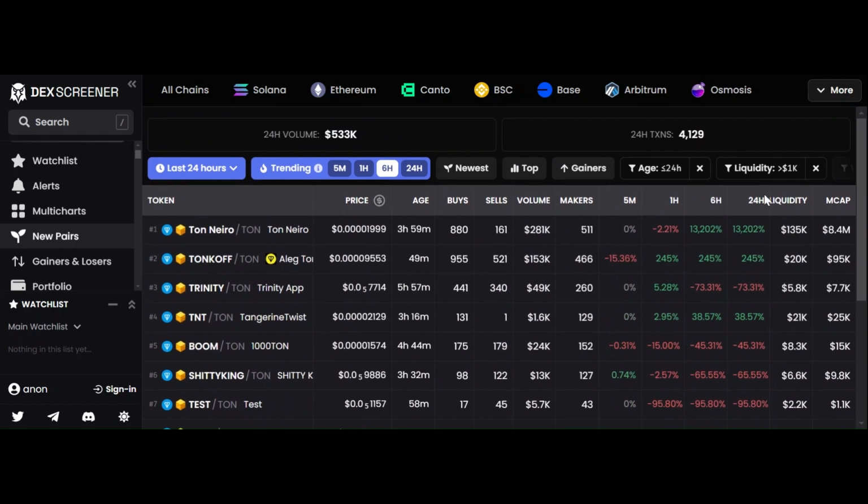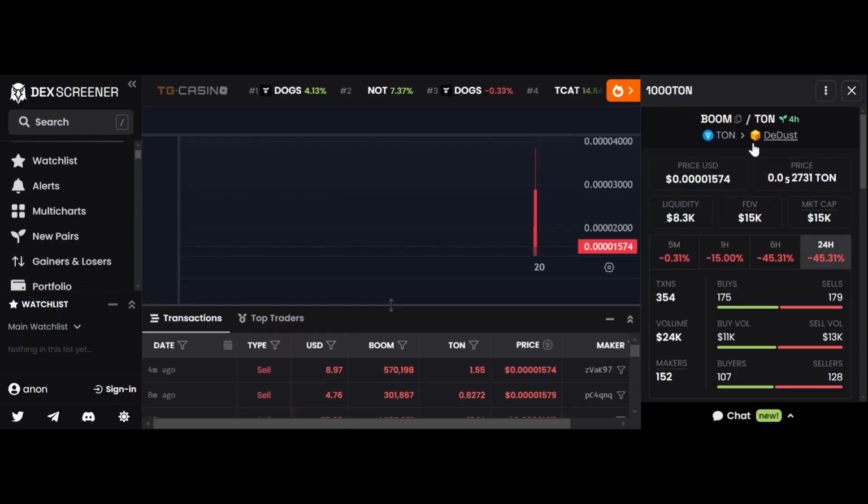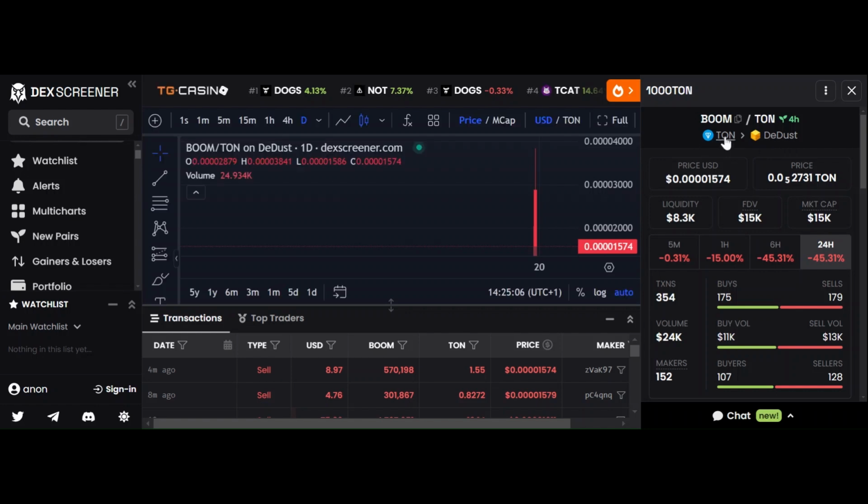So if I select any single one, let's say Boom, right? Once I click it, it shows me the exchange that I can get it on, and it's showing me the ecosystem that this token is contained in. So we can see that, since I'm on the daily time frame, there's only one candle. And remember, the platform already told us that this token launched less than 24 hours ago, right? So this is the market cap, 15,000. This is the liquidity,